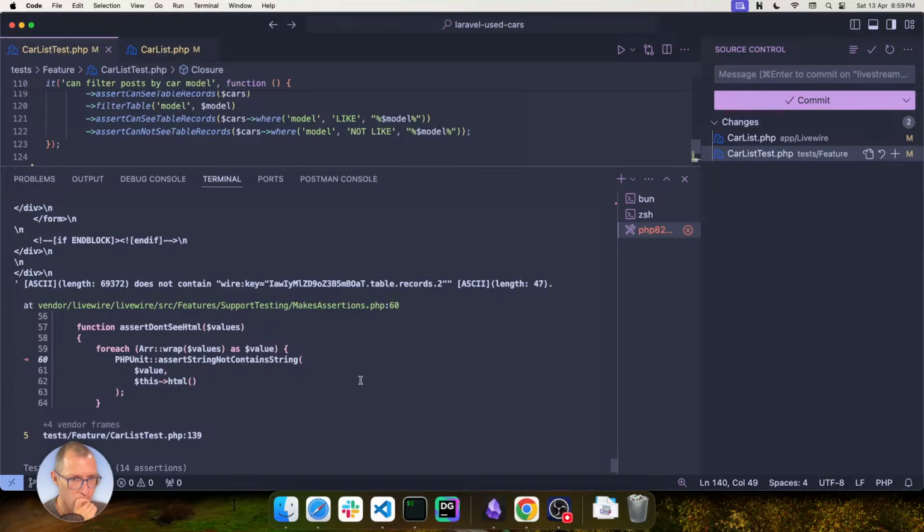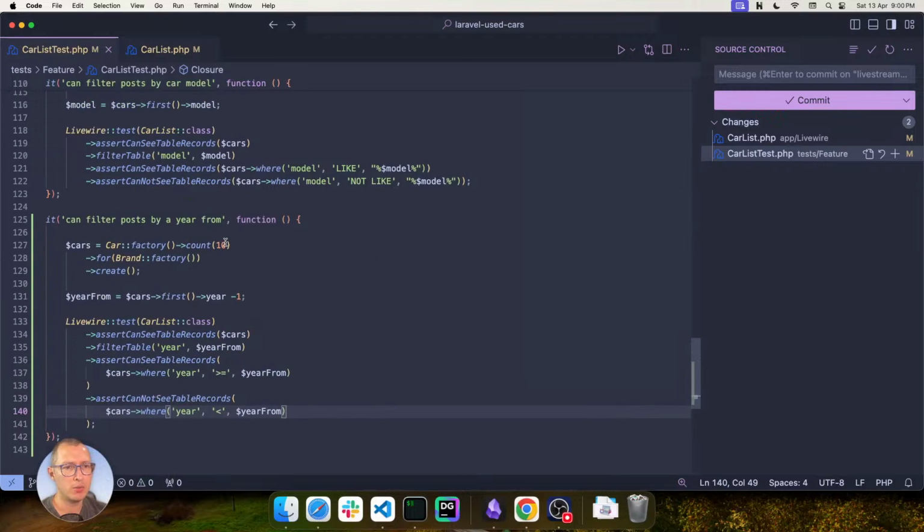It's failing on the second part, asserting that it does not contain, and this doesn't make any sense to me, but basically it's just saying record number 2. I guess maybe I should be more specific about the data set. Maybe I have 10 records. One of them could be, I don't know, causing problems. So maybe I just do 2 records